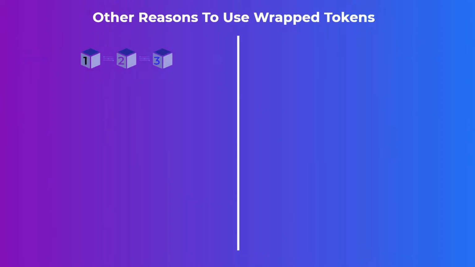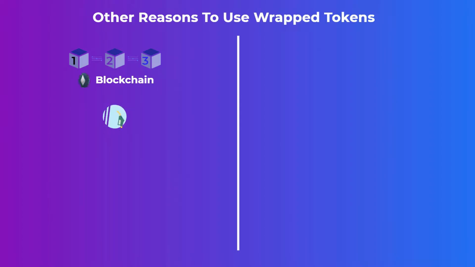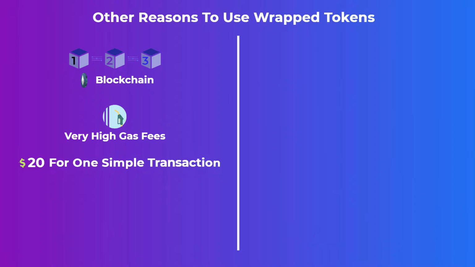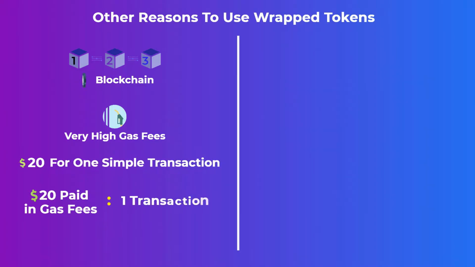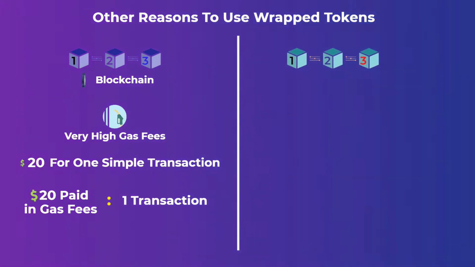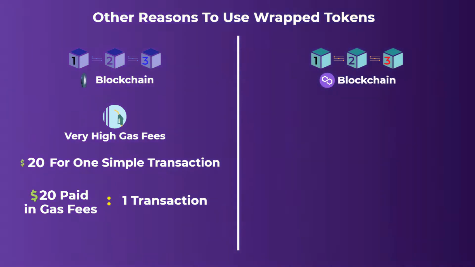So why would you use wrapped tokens other than for using an unsupported application? Well, you may know that the Ethereum blockchain has some very high gas fees, where it can reach $20 or more just to make a simple transaction like sending some Ethereum to a friend. But at the same time, a blockchain like Polygon will allow you to make the same transaction and pay pennies